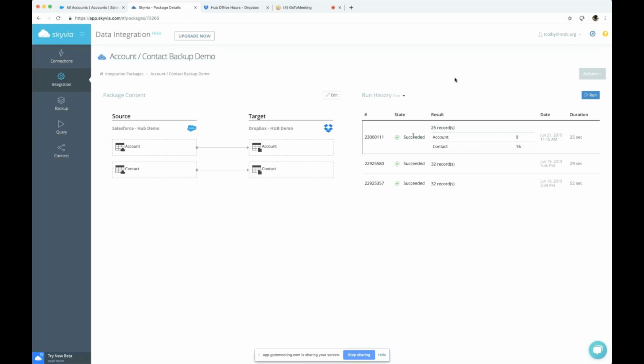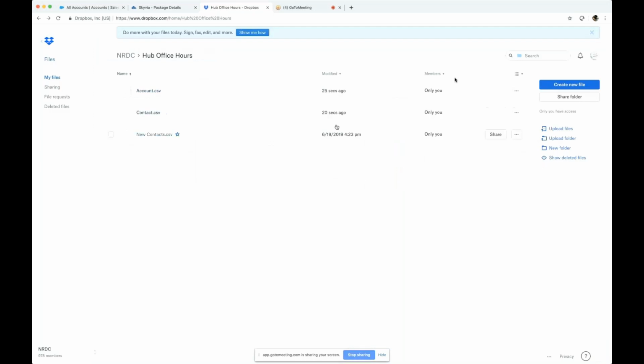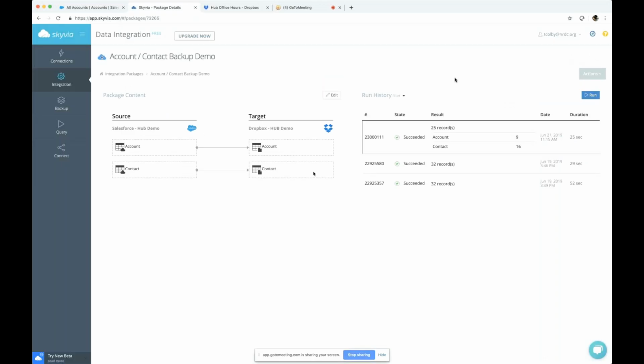So we backed up 25 records. I've been making changes to this to get ready for today's demo, 25 seconds. And if we come over here, you can see that these were changed just a few seconds ago. So I now have a CSV of both my accounts and contacts. I can rest a little bit easier at night knowing that those are backed up. But this entire operation took maybe 2 minutes to set up. So it's extremely simple to set up a backup operation for your organization and make sure that you're protecting that key